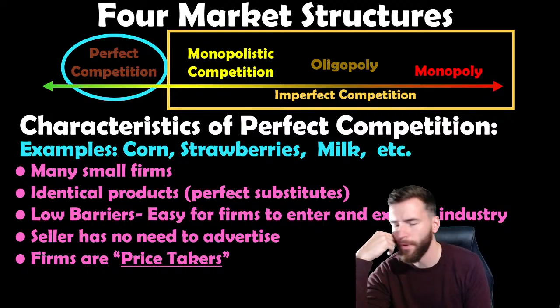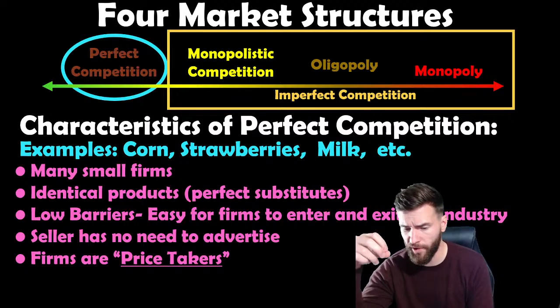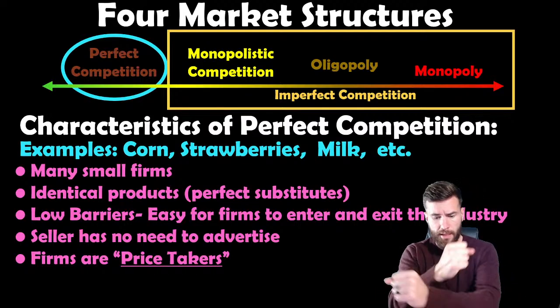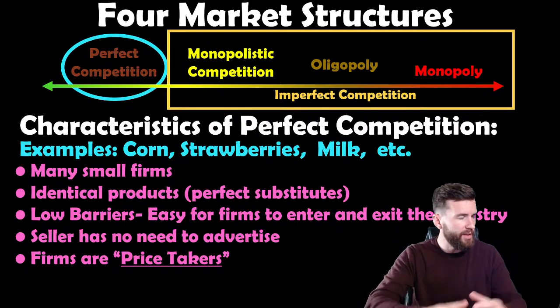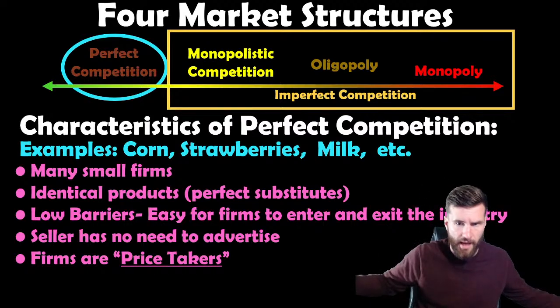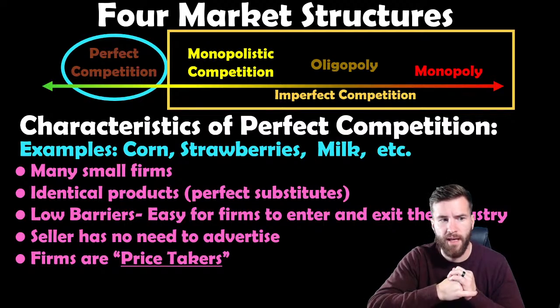You're right. Anyway, what I was saying is firms are price takers. Businesses do not write up the prices. They do not come up with a price. They're not going to be like, hey, I'm going to charge this price for this good, right? They take the market price because they have no power. They have no market power whatsoever. No firm has greater market share than any other firm. So, if the equilibrium price where supply equals demand in this market is $1 for strawberries, and that's the willingness and ability to buy strawberries based upon how many strawberries were brought to market, that's the price in the market, right? And they're going to take that price.